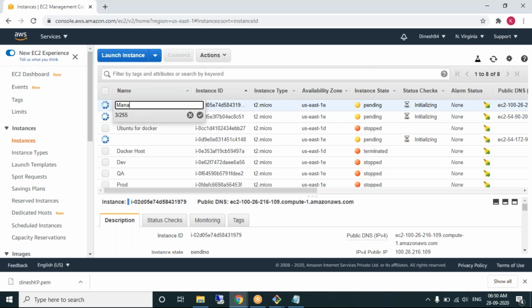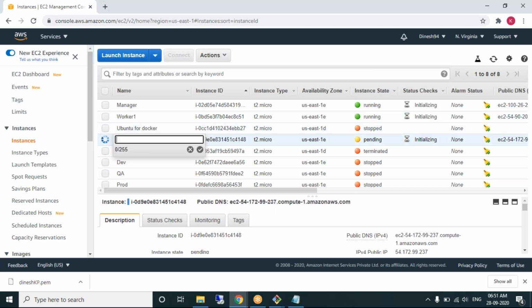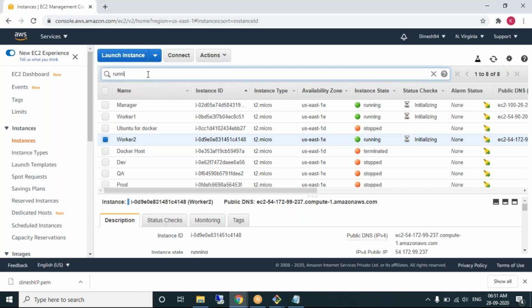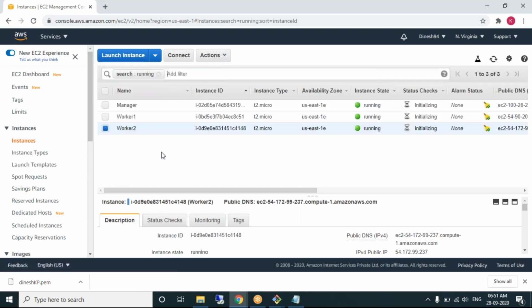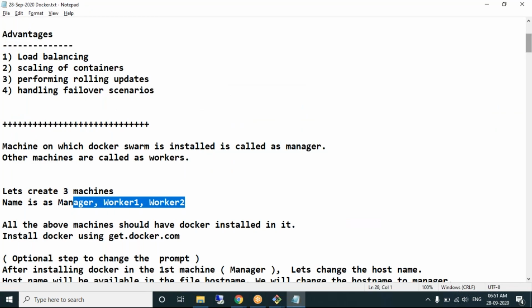I'm naming it as manager. One machine, I'm naming it as worker 1. One machine, I'm naming it as worker 2. So total how many machines I have created? 3 machines I have created. All these 3 are in the same status. We just created a machine, that's it.